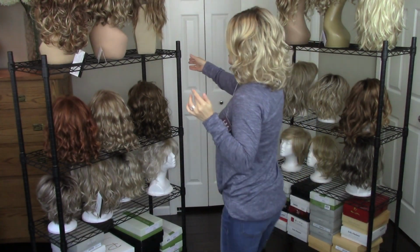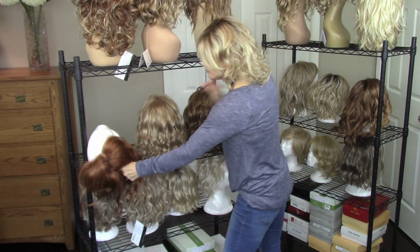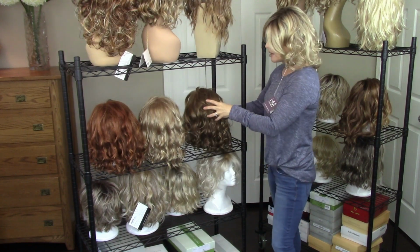So what really inspired me to do this comparison today is because I've been on a Tony of Beverly NORAH kick. I think I've got a little sub-collection going on. I have 3 NORAHs in 3 different colors that I want to show you today. And it's very easy to see the similarities between Tony of Beverly NORAH and the Henry Margu Kendall here. So I'm going to show you today in 3 different colors. We've got NORAH in Sunset Red, NORAH in Ice Champagne, and then my most recent addition,